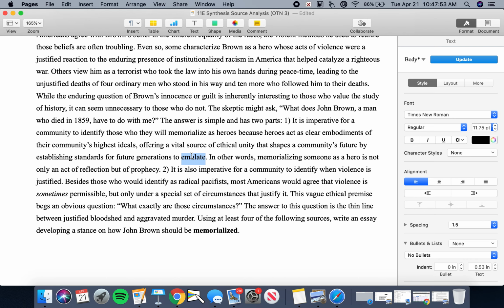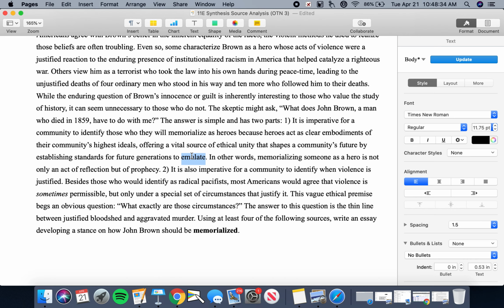In other words, in order to answer this question, you're going to have to establish a few kinds of criteria. First and foremost, you're going to have to consider what it might mean to behave like an American hero, as some people argue that Brown is. What is an American hero? What does an American hero value? How does an American hero enact those values in various situations? Then you might want to look at John Brown's actions compared to that criteria, and then draw a rational conclusion in light of the premises that you've established.